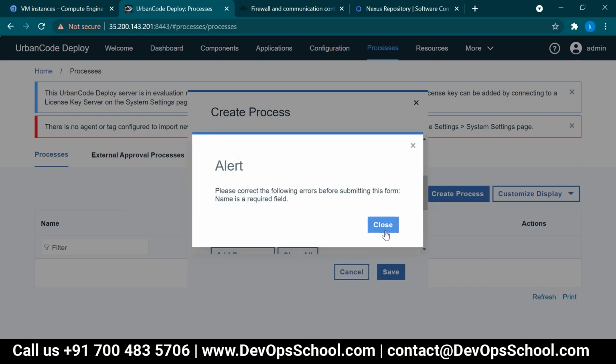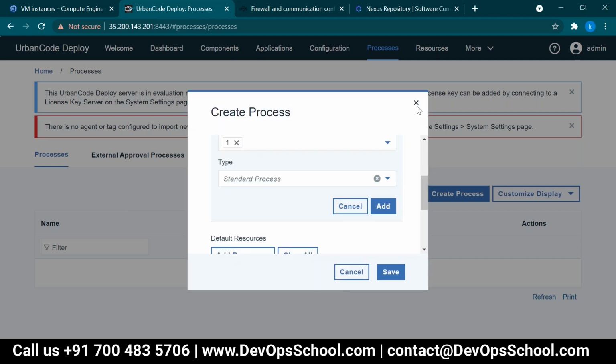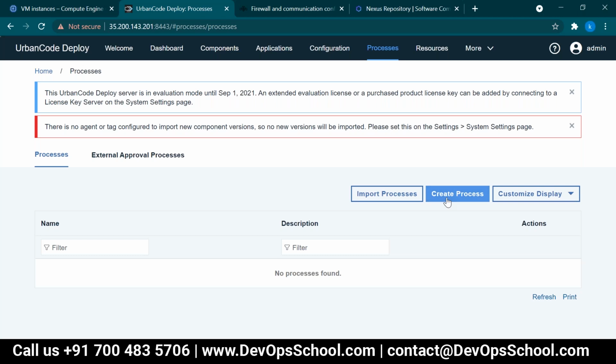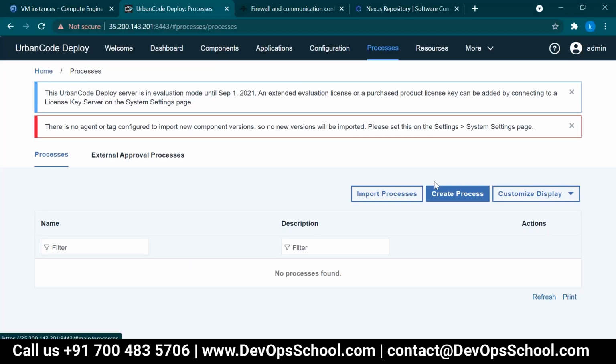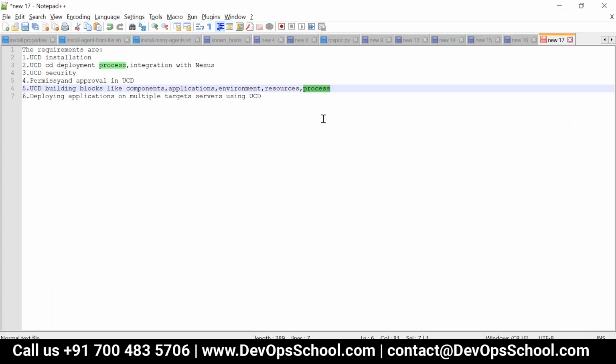So this is a generic process, which can only be used for application deployment, not component level deployment. I'll teach you tomorrow the application level deployment, component level deployment, environment, resource, and process. This process is only for application process. So now this is done.